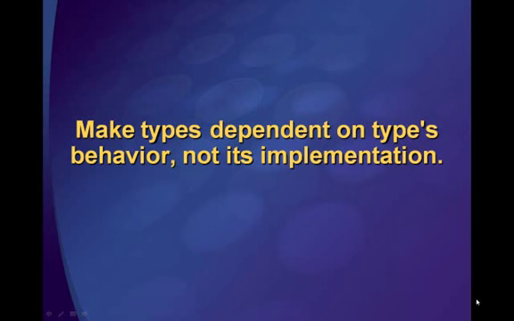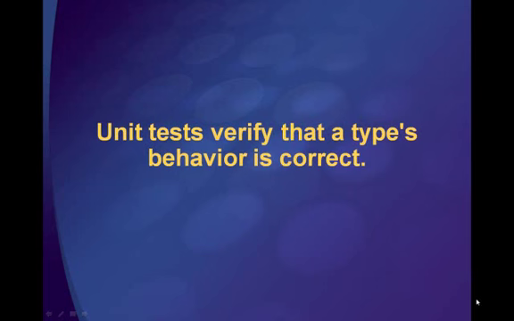The behavior being the particular methods of the type, not the particular data that's used or the way the data is manipulated inside the method. When we accomplish that, then we can build unit tests that verify that a type's behavior is correct. And the way we accomplish this is using